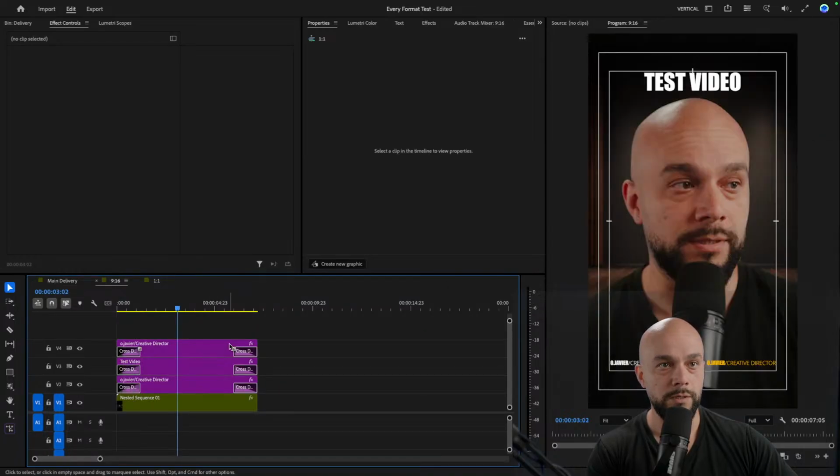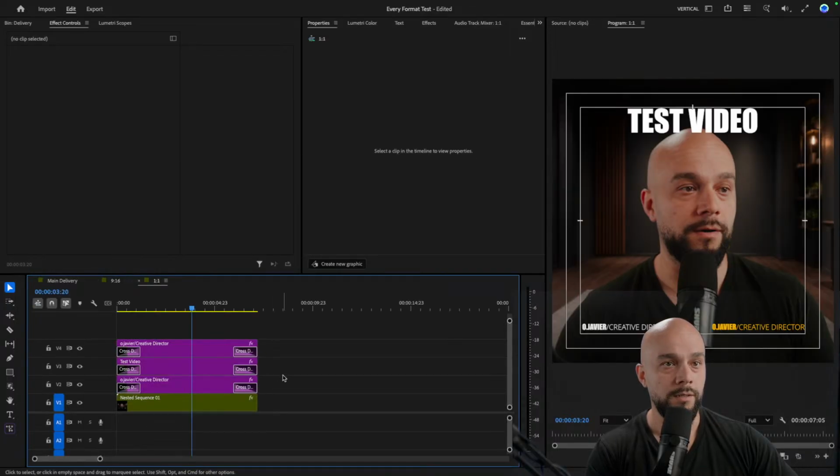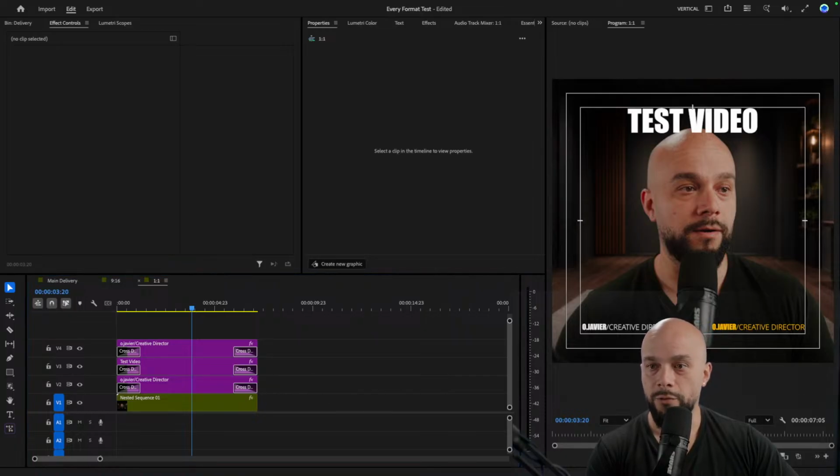Now the vertical one is this right here. All right, so it's right there, almost in the same spot from the safe margins. And then the 1x1, the square, is that right there. And that's it. Now with all three versions built,